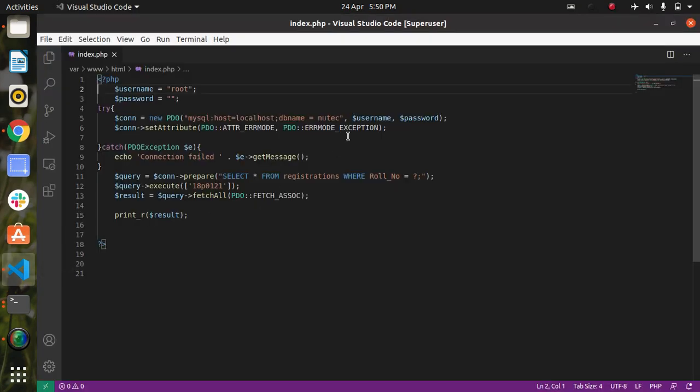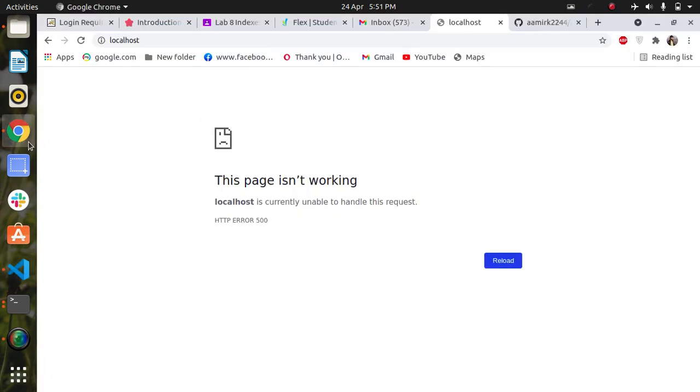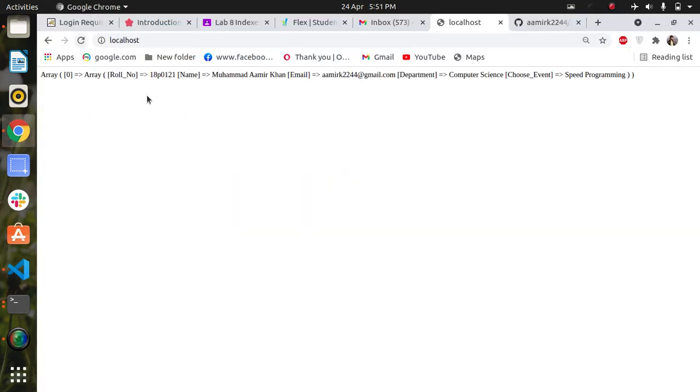Okay, so I get this error now. I was not aware of this, so don't write space in this, just write this. This is very nonsense. What does this mean, don't write spacing in this? Okay, whatever. So as we can see, we do print r and we get the element.